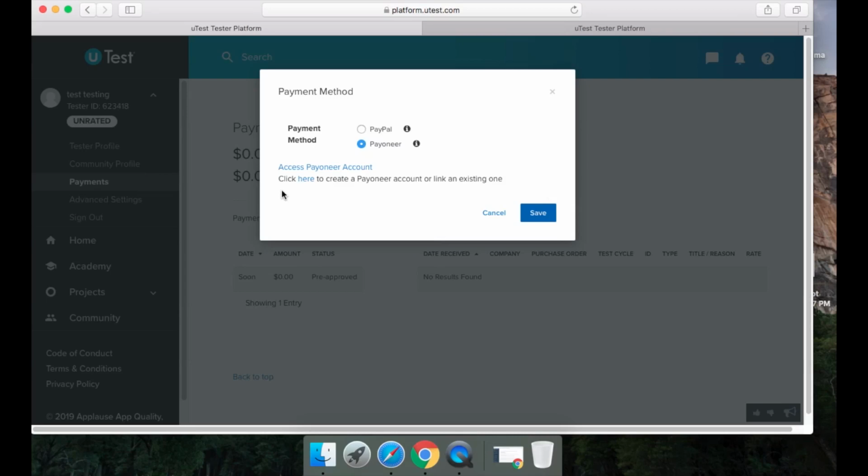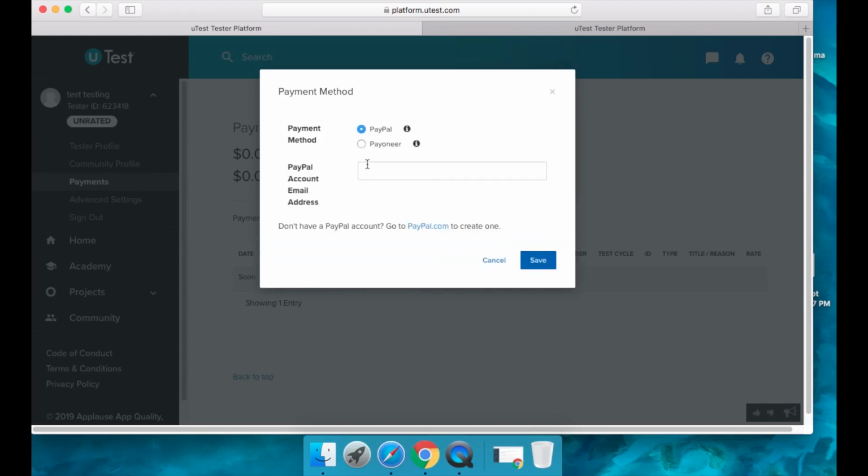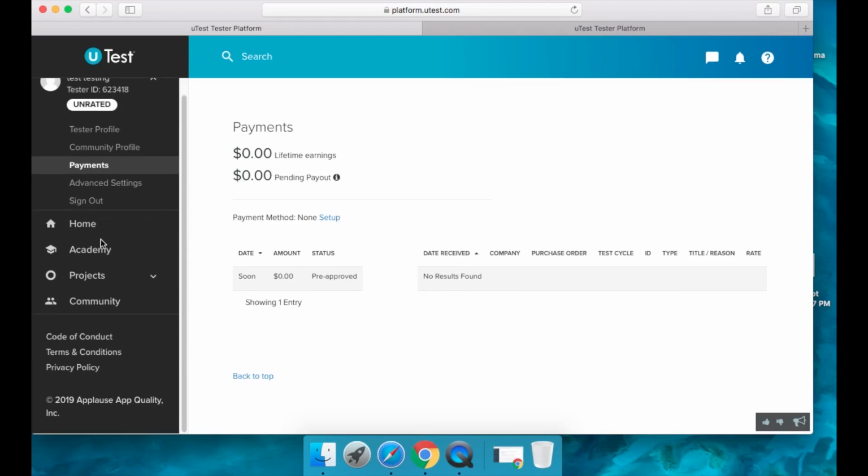So if you're in Nigeria, you do a test, they approve your bugs or test cases, and they pay you. Let's say you made $200, you get $200, not the equivalent in your local currency. That's good because you can take it out of a dollar machine, or use a regular machine if you don't have a dollar machine in your country. For those in countries where there's PayPal, I use PayPal. It's the easiest. You get your money there and can transfer it to your bank account however you want. So don't forget to set up your payment method. That's all we have to do here.